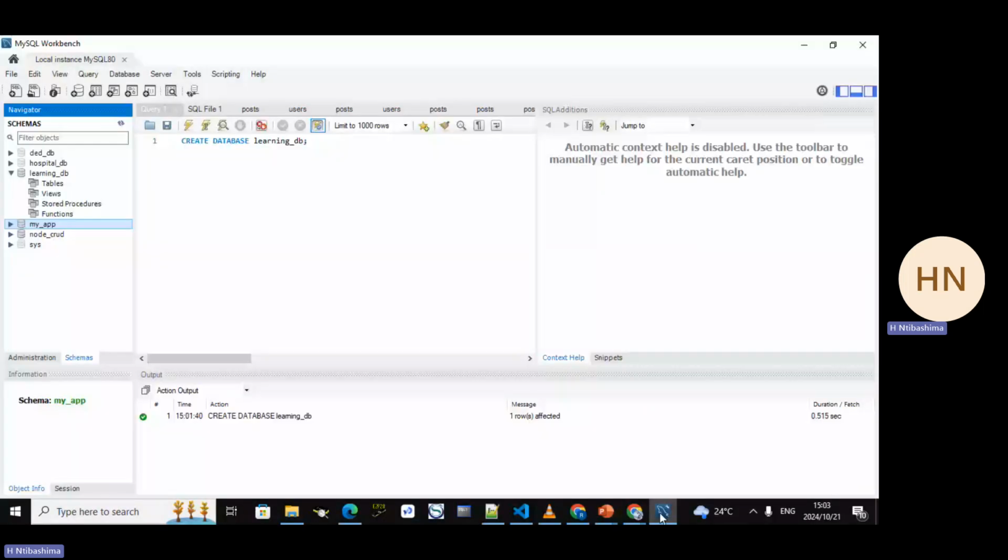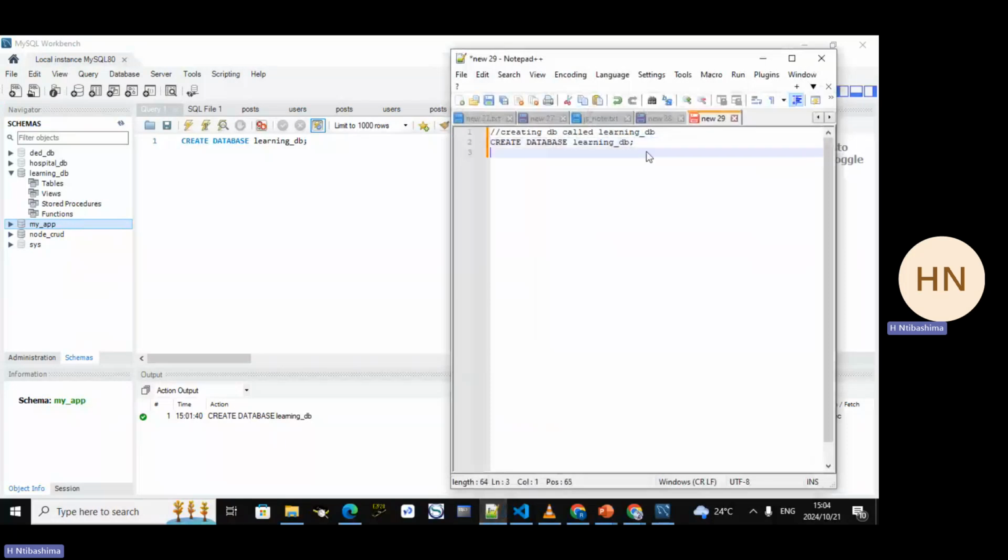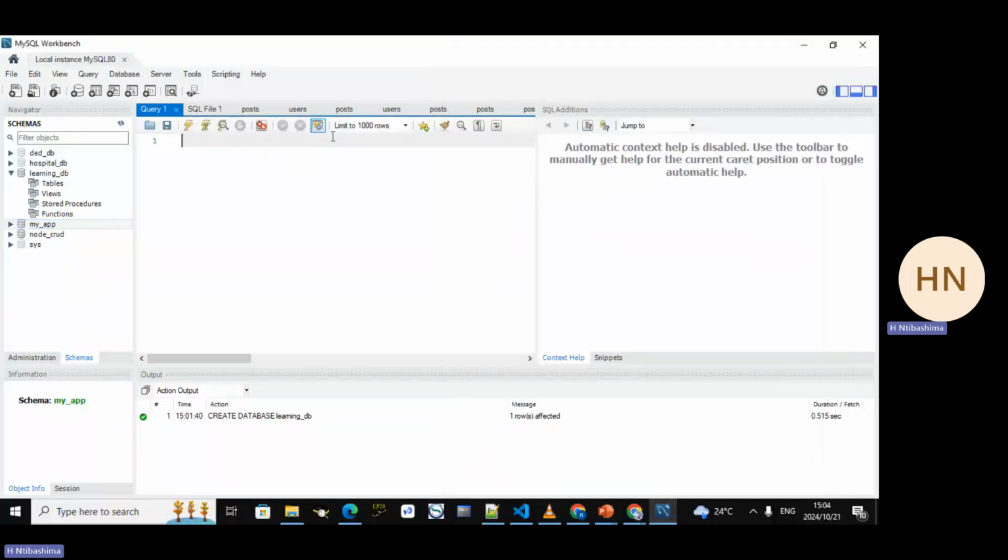We are going on our workbench, please. Download the workbench. As I said, I like using the notepad, so highlighting, learning, highlighting learning DB. So what should I do? They say use and they say learning DB, guys. And I copied this and I just come here and I paste and I go to run it